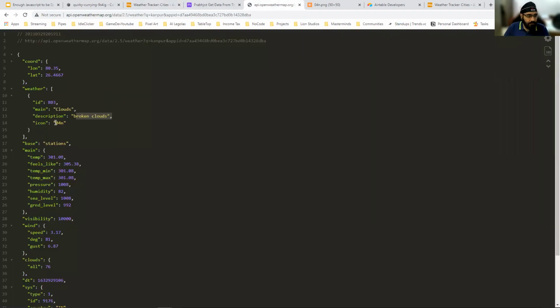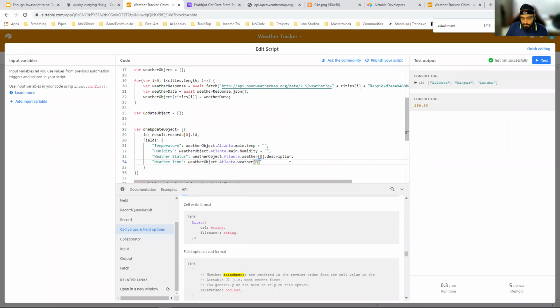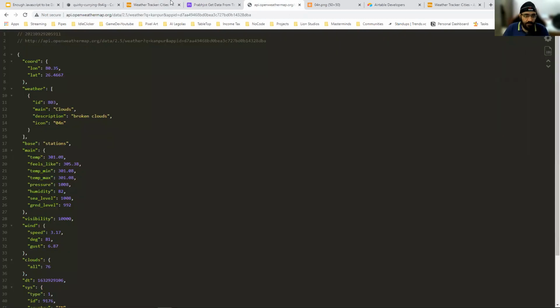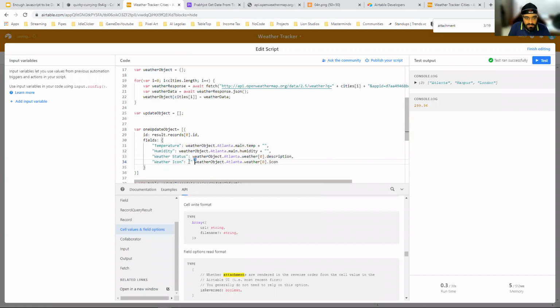So for my icon, the way this API does it, it gives you the name of this icon, 04n, and then the URL is actually openweathermap/image/w/ name of this .png. So we'll create this URL here. So weather of 0 dot icon. So that's what it's called. Okay, awesome. And now I'll set this equal to this string. So we need the 04n value inside here. So I'll remove this, and this is where we'll dynamically populate it. Awesome. So this will now evaluate to 04n.png.